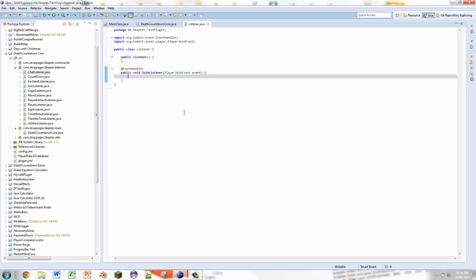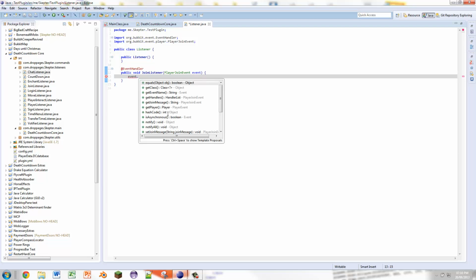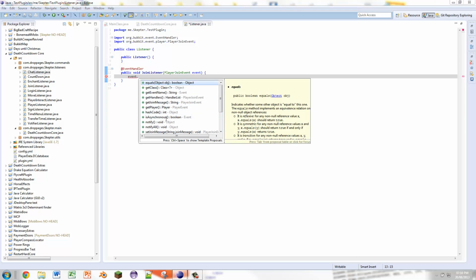Right, so what are we going to do with this event? First we're going to take a look at what this event could do. You type an event and put a dot, and it shows you a whole bunch of things you could do. So we can get the event name, which is the player join event, join message, get the player. Now that can be useful because if we get the player, we can do practically anything. We can spawn in objects, we can create items and stuff. Get the join message to string, blah blah blah. So we're going to get the player,